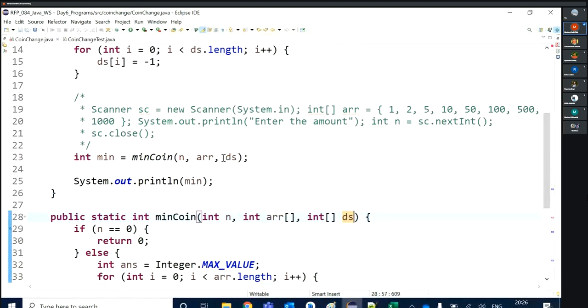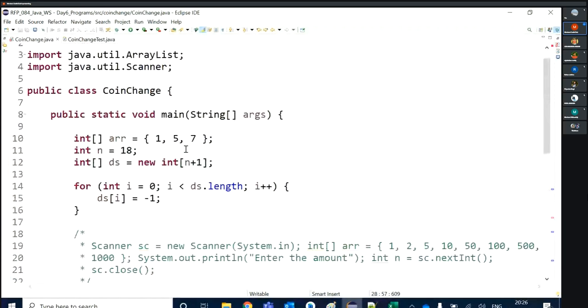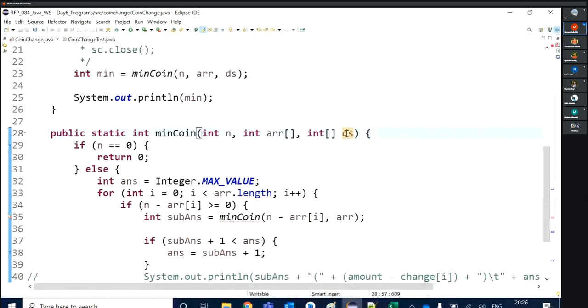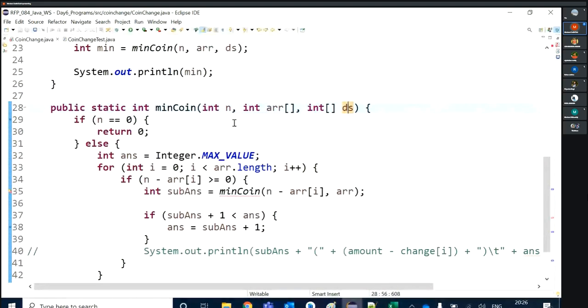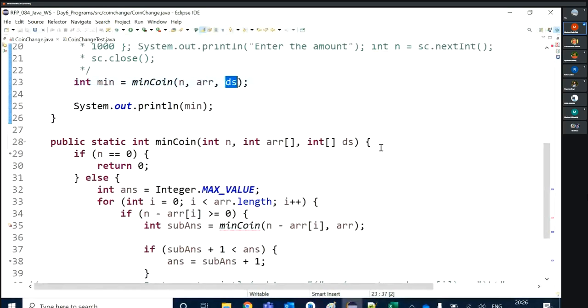Clear, everyone, up to this? This ds array I'm passing here is basically a blank array, but I have filled it with the -1 value. All the elements are -1. And that array I'm passing with the method.